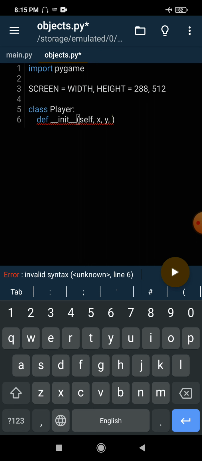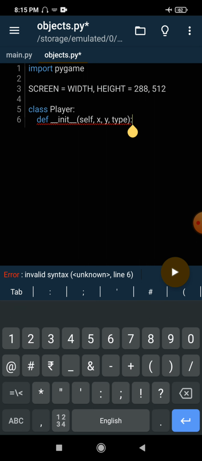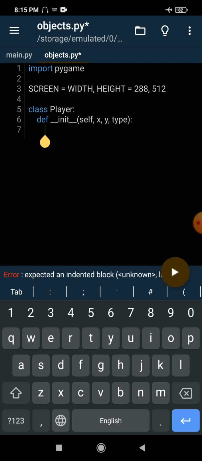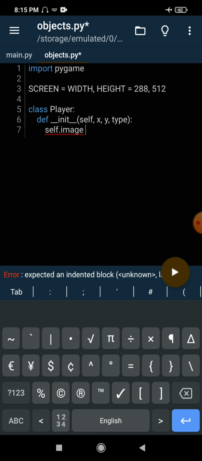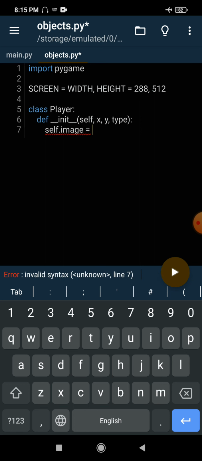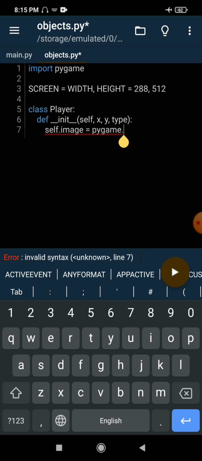And we will take one more argument, type. This will basically select the car for us. We have 8 cars, so we have to select one. Now we are just going to load the car image here. In a class you create variables like this, self.image. Whenever you create a variable, just put self with it. So self.image. Now the concept of loading the image is the same,